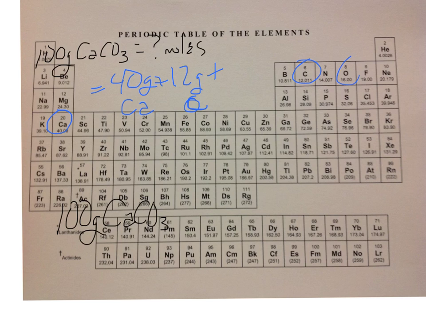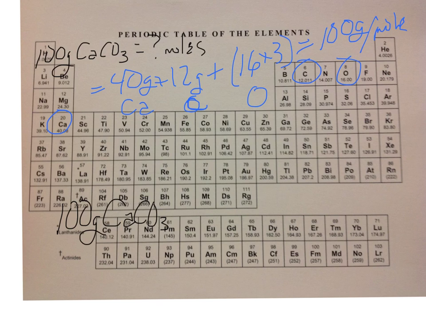And then I have oxygen, which is 16 grams, but how many of them do I have? I have 3. So I do all the math. 40 plus 12 plus 16 times 3